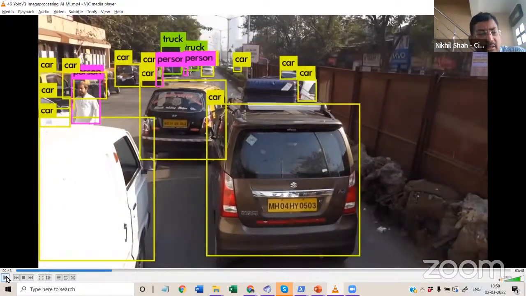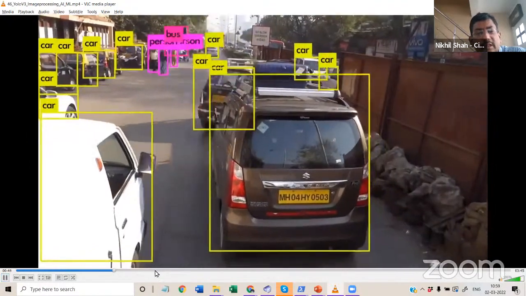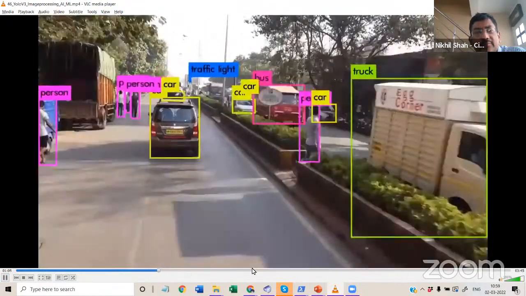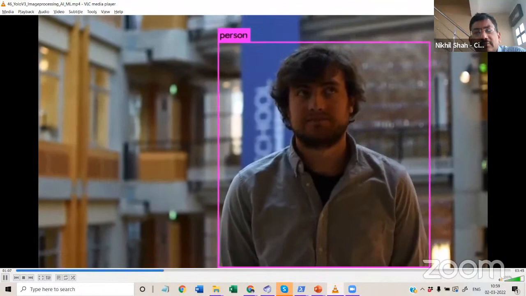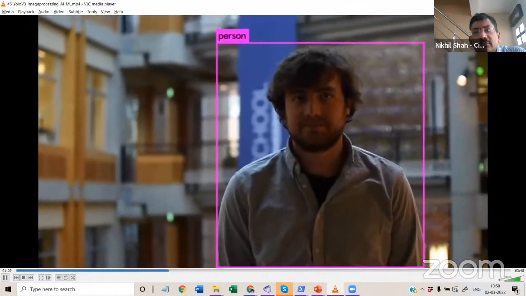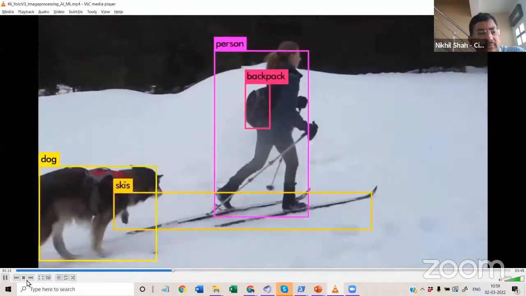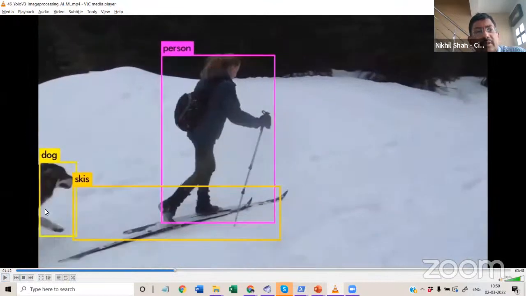Here it says truck. It has started labeling different objects, like this is skis, or this is a person, or this is a dog.